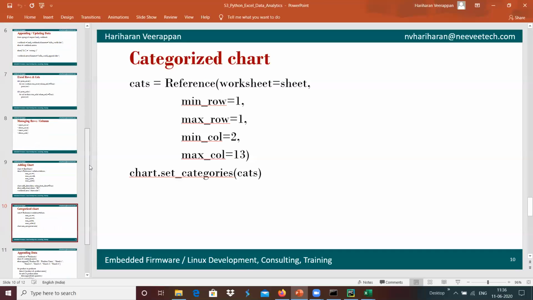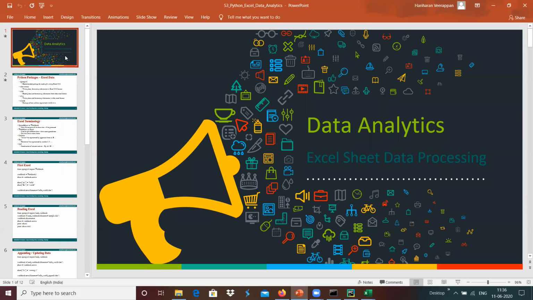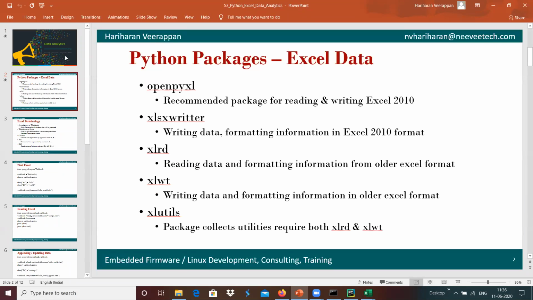With this, I am winding up the session today. For example, whatever we have seen, let me give a quick refresher. It's data analytics using the Excel sheet. We are using different Python packages.